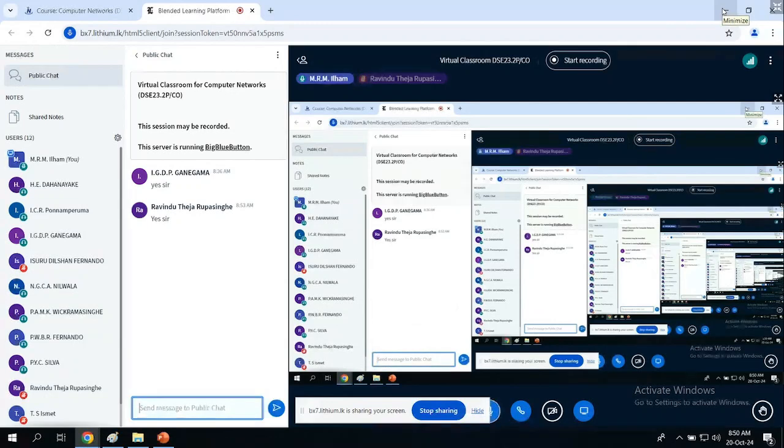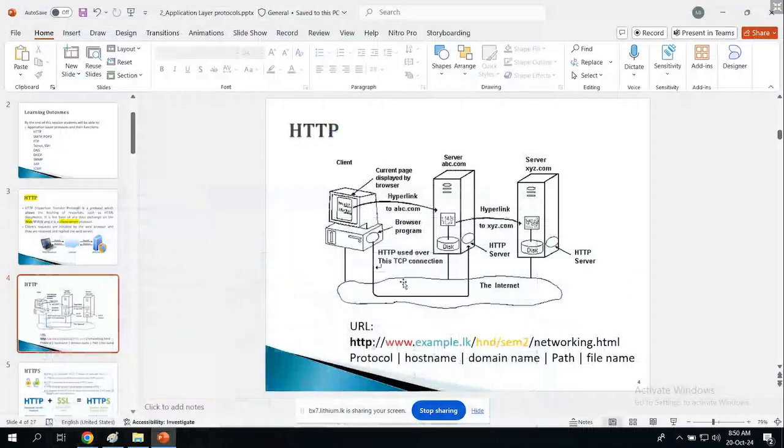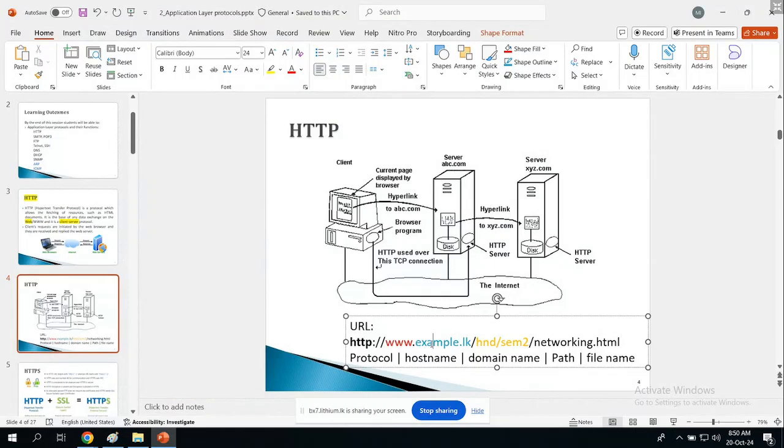Okay, good. So to go on, if you take a URL, what are the contents that a URL has? Basically, you are aware that the first part always implies the protocol. Here you can have HTTP, and that is referred to as the protocol. You can have HTTPS, that is also a protocol. FTP is also a protocol. So the first part of a URL represents the protocol. And the next one,